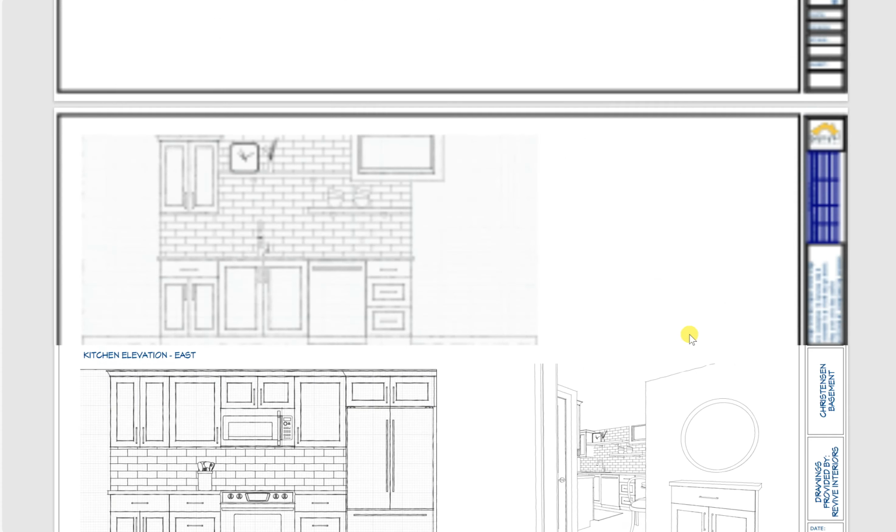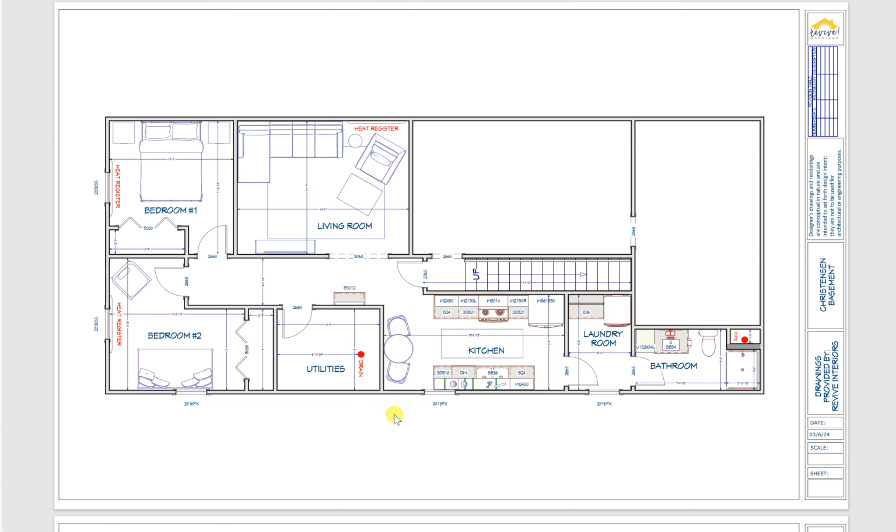Move back up here, a couple of things I just wanted to note. Throughout all the main spaces, I would just run a vinyl flooring through. In the bedrooms, I'd probably recommend carpet just because it's a basement, a little bit more cozy, helping with heating too. And then yeah, we can talk about paint colors if you just want to run the same color throughout. Sometimes in the bedrooms you go a little bit warmer,